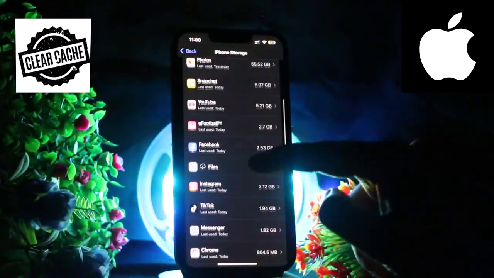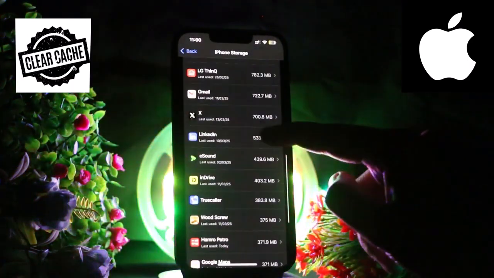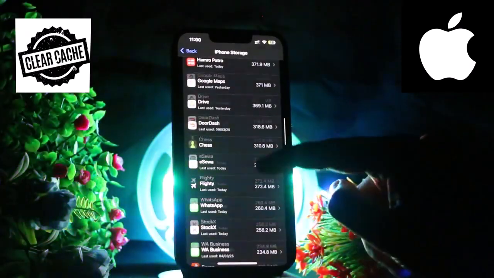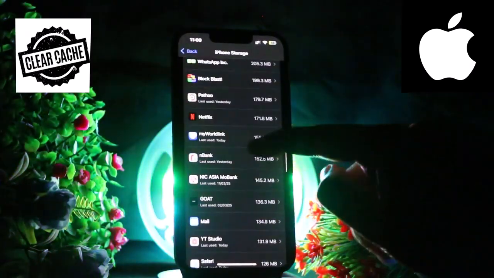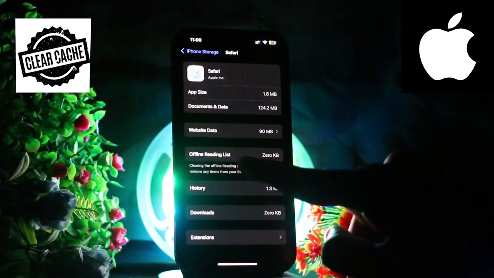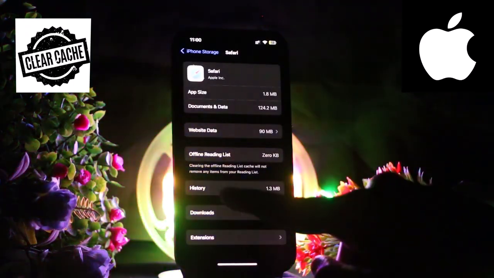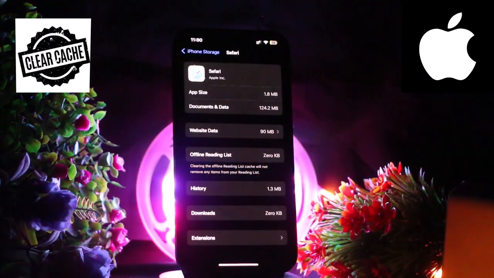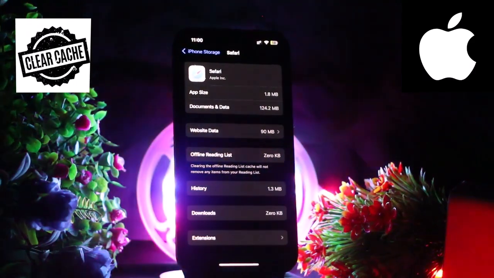So you need to scroll down and you need to find the Safari. You'll see the option of show also, click on it, and from here you need to scroll down until you see the Safari app. So after selecting the Safari, you'll see the option of history and downloads and all of it. So click on the option of history, and after clicking on the history and website data,